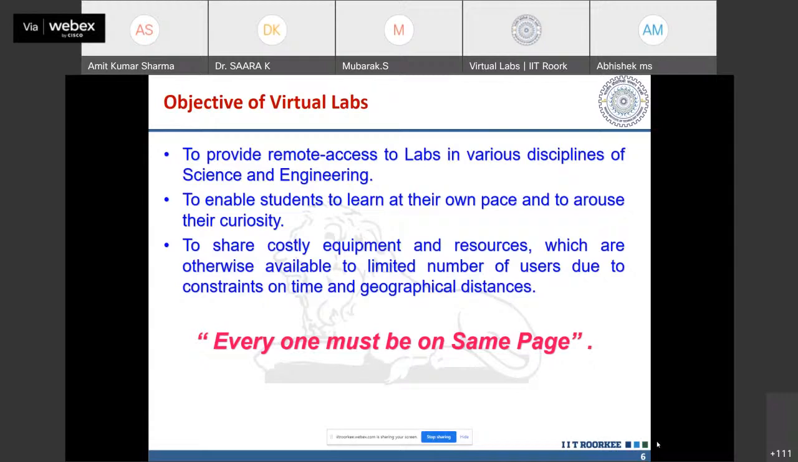It means that if a user located at a remote area is able to access the hardware with the help of internet and perform the experimentation part, then the physical presence of the user will not be required. So we developed a platform and provide our users remote access to the labs in various disciplines of science and engineering, and also